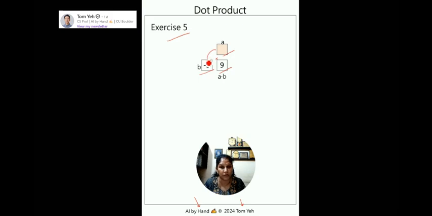But here we have a negative vector, and the resultant is positive. So a negative number multiplied by a negative number would result in a positive. So when we multiply 3 with another 3, we get the result 9.